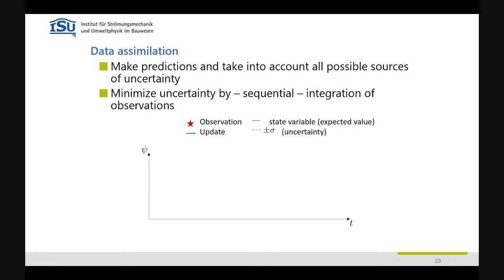Now I want to do this sequentially in time. That means I make predictions in time continuously, taking observations on the way. This is how it would look. Here is my state over time that I want to predict. I need a distribution. I want to acknowledge that it's uncertain and it has an expected value that is my best guess, so to say. And this is with the model progressed in time. Then I have an observation, and now I do an update. With this, I get closer to the observation and reduce the uncertainty. And then I continue until I have the next observation, and so on. So this is how it should work.